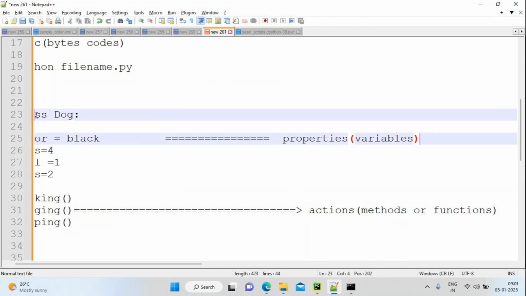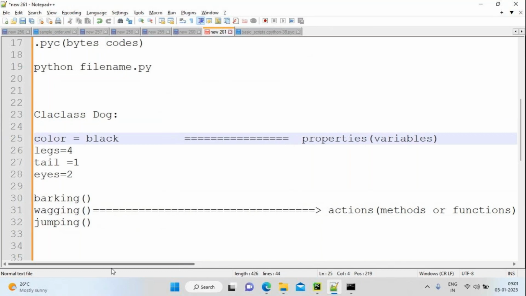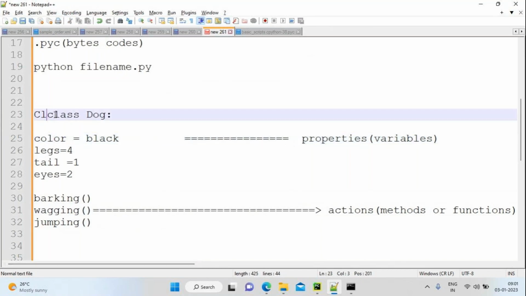Now I have one class. Class is dog. Class is dog, meaning that the dog is having various properties as well as various actions. If you take any class, take table. What are the properties?